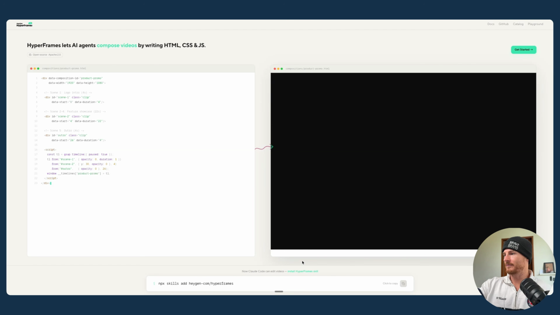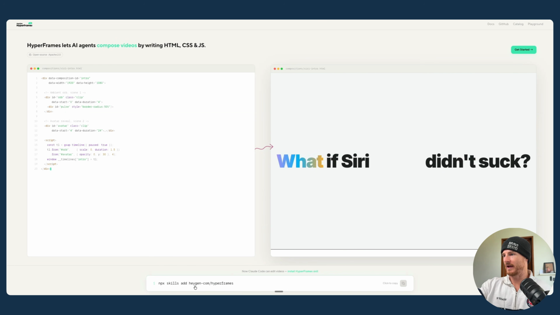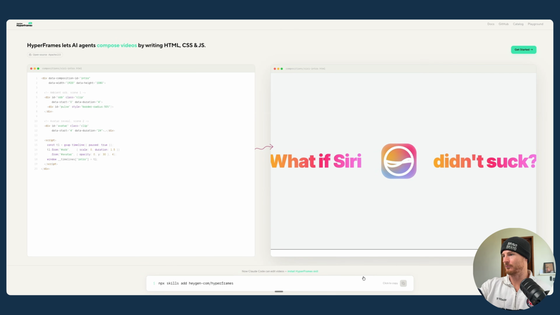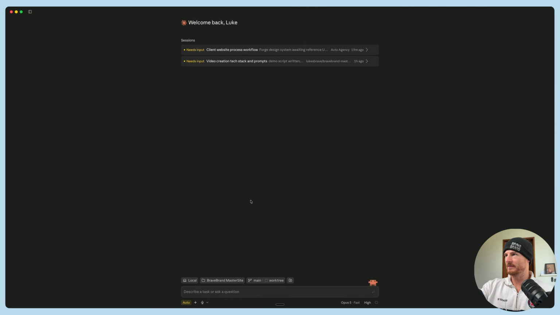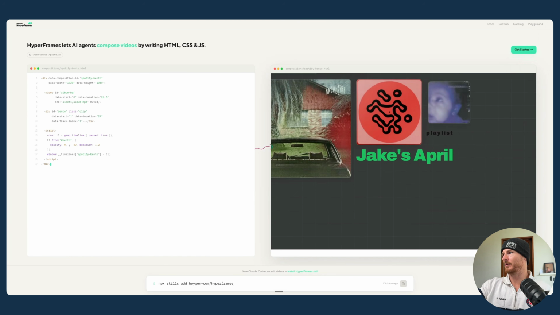videos. So all you have to do is basically copy this and drop it into Claude Code and run it, and it will install this to your machine. Okay, so all you're going to do is drop it into Claude Code. I've already done that, so you just drop it in, and then you're going to drop in a prompt that looks like this. Now, what I'm going to do for the purposes of this demo is just take one of